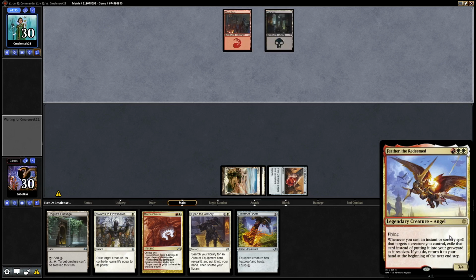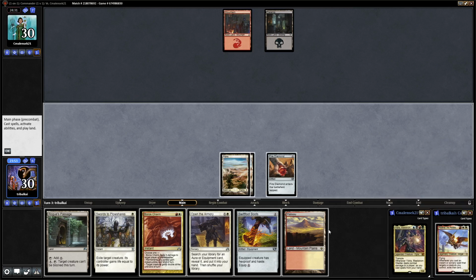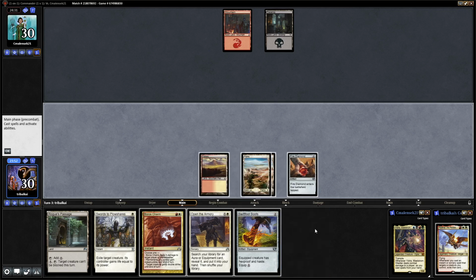Feather the Redeemed is a 3/4 flyer. Whenever you cast an instant or sorcery that targets a creature you control, you get it back into your hand at the beginning of the next end step. A Plateau is really good. I think...